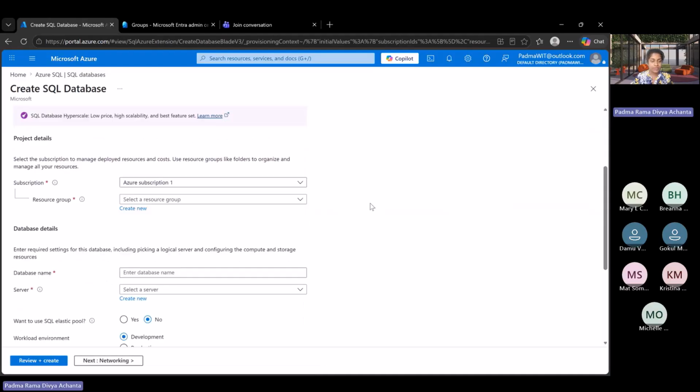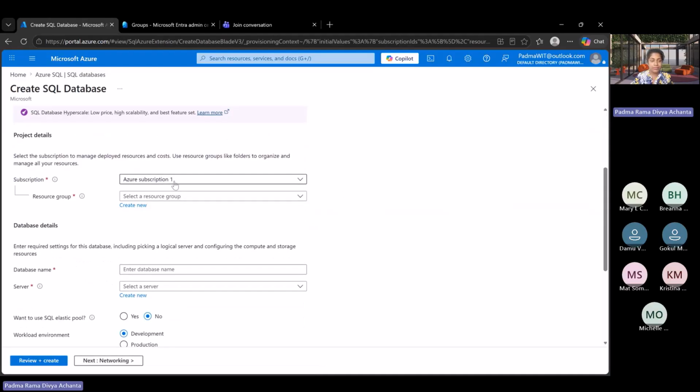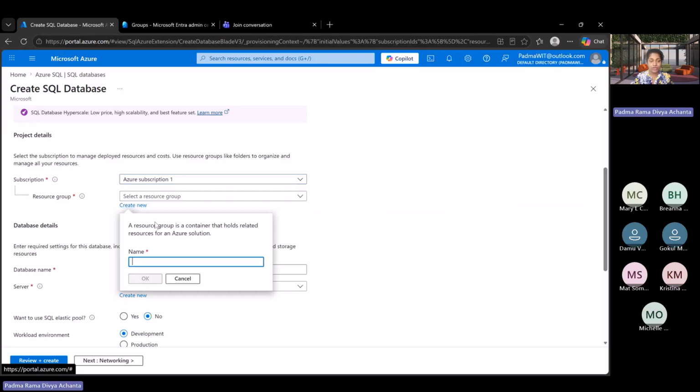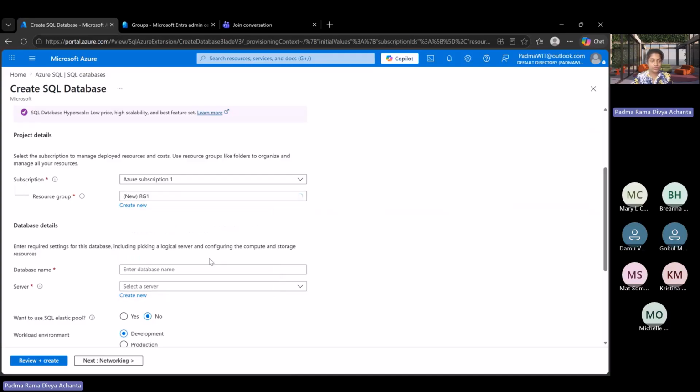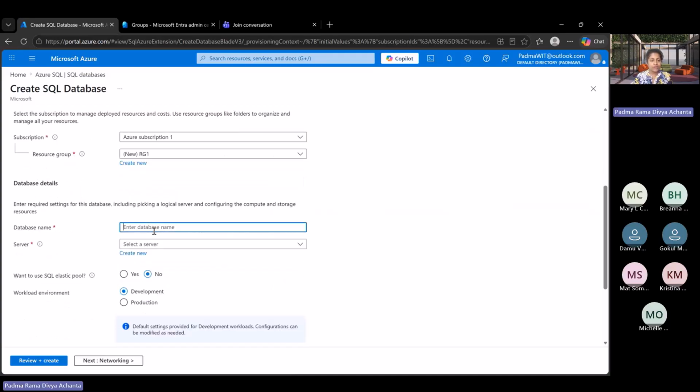Azure SQL Database. And here my Azure subscription shows as default. I did not create any resource group, so I'm going to create a resource group here. I'll say RG1, which stands for resource group 1. And here provide the database name. So I will provide Padma